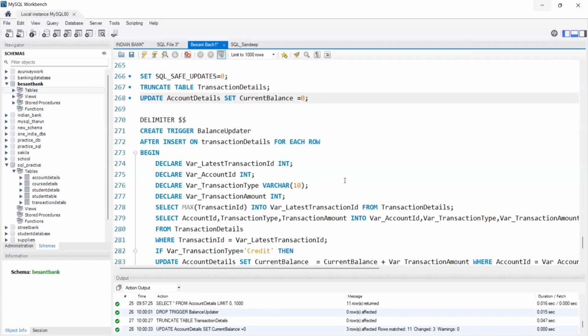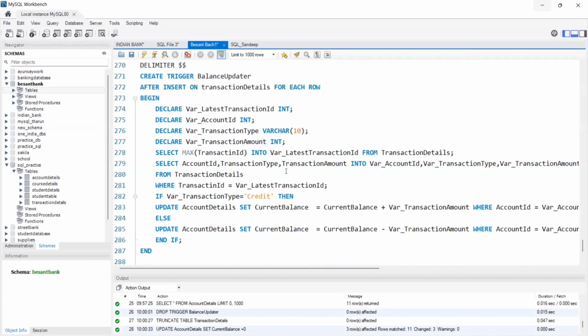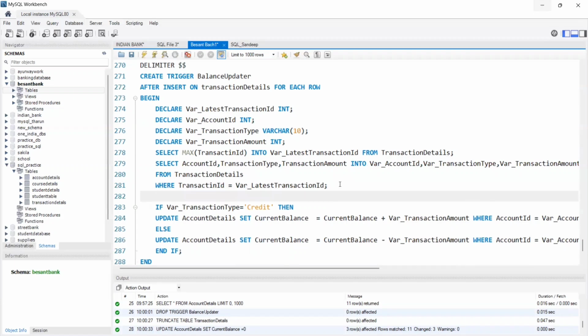In the same trigger, I will try to fetch the current balance of the person. I have the account ID of the person who did the transaction, right? By using the account ID, can I fetch his current balance? Can I print his current balance? Yes. Select current balance from account details